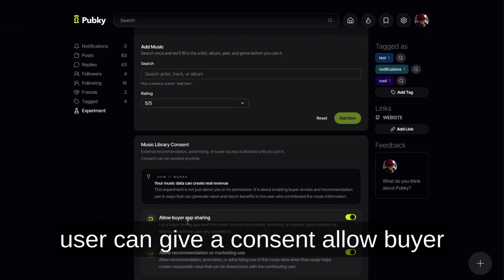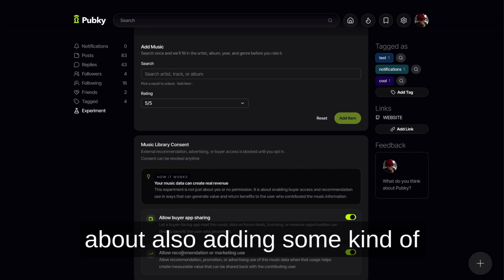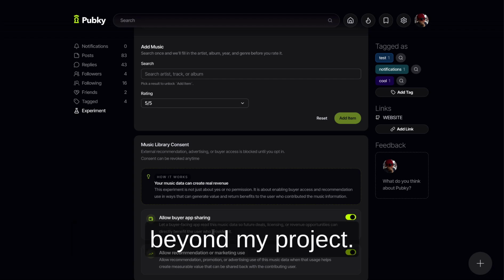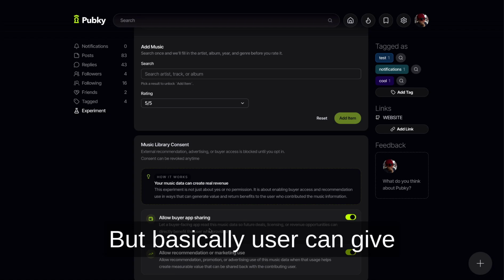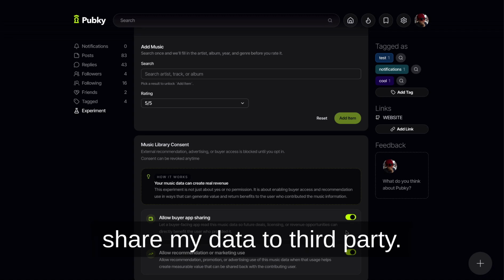Like allow buyer app sharing, and then we can think about also adding some kind of recommendations, but this is beyond my application, beyond my project. But basically, the user can give agreement that okay, you can share my data with a third party.